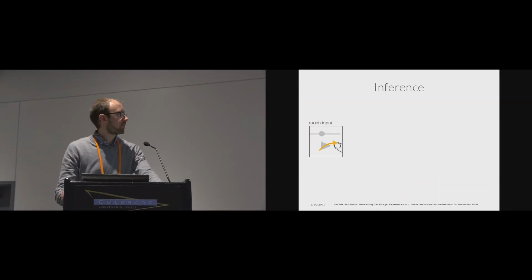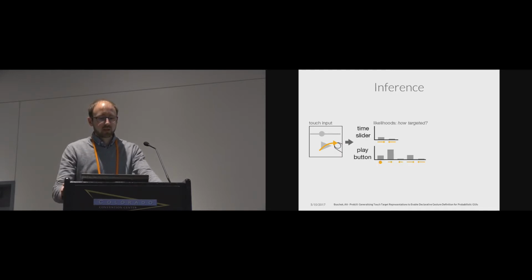Now, moving on to inference. So during use, let's say we have this button that we just created. If this is a music play application, for example, we might also have a slider representing the timeline. So there are at least two elements in this example. And now the user starts sliding on the button. And what the system then does automatically in the background is infer the likelihood of the user's behavior for each